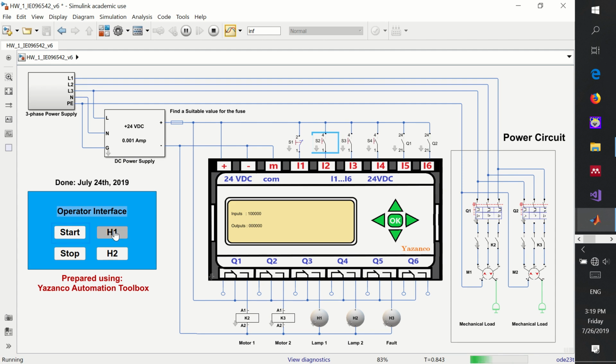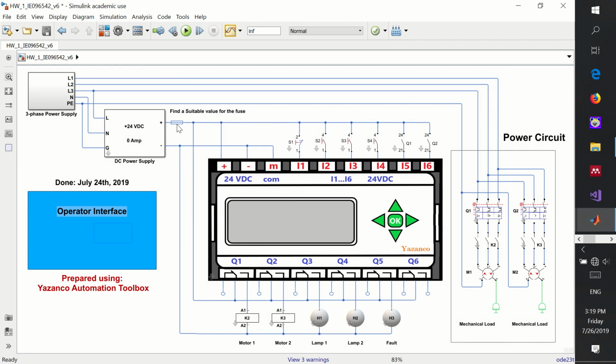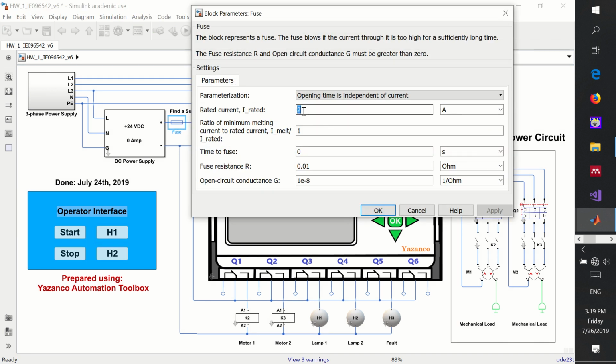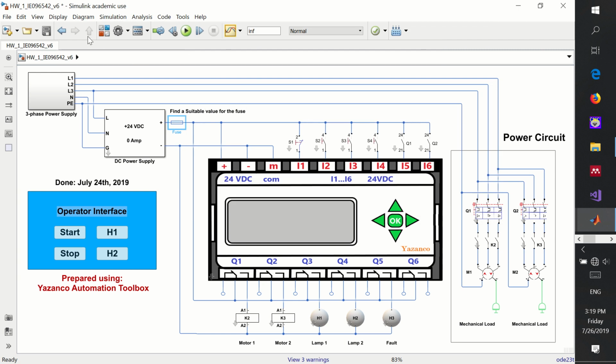Now once we try to start one of the lamps, the fuse gets burned out, and there is no current flowing in the PLC device, and as a result we are unable to do anything with our system before replacing the fuse. As you can see here, we need to find the right value for the fuse. It serves as a protection, and it should not be oversized or undersized. The other alternative I would like to share with you here